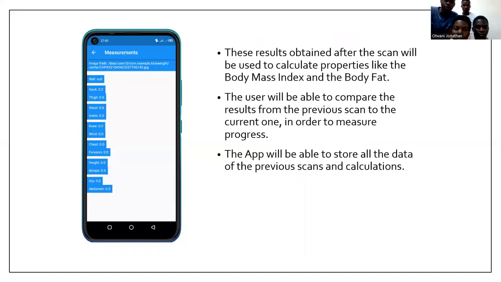Afterwards, the application will display the measurements, and the results obtained after the scan will be used to calculate properties like the body mass index and the body fat. Then the user will be able to compare the results from the previous scan to the current one in order to measure progress. The app will be able to store all the data of the previous scans and the calculations. We still haven't implemented that, but we are working on it.